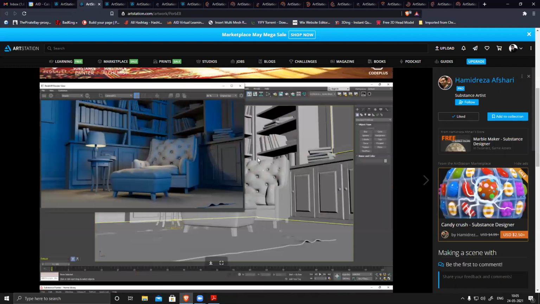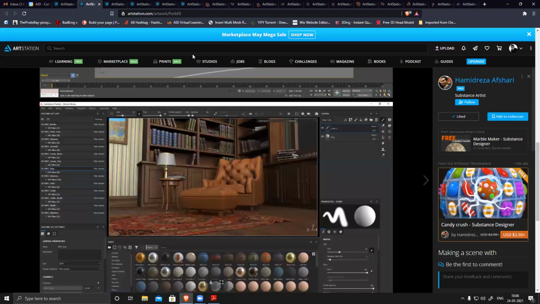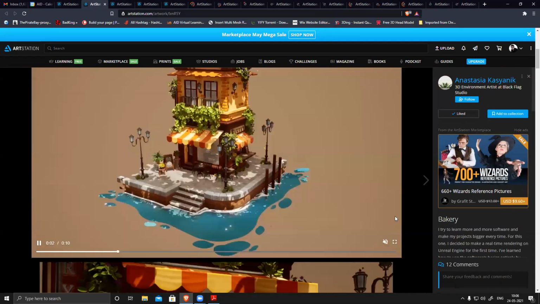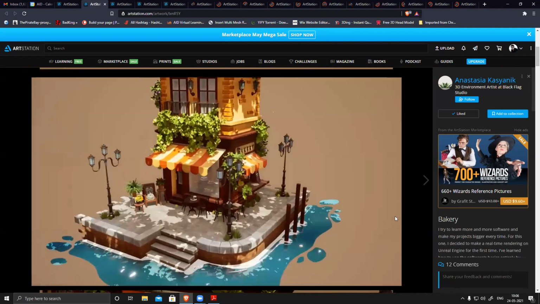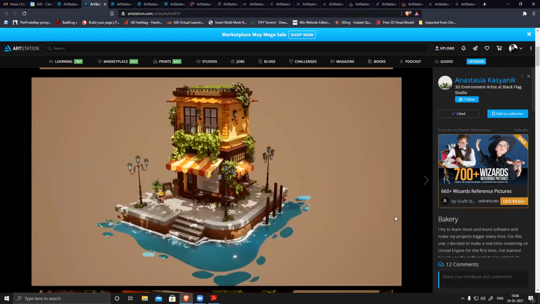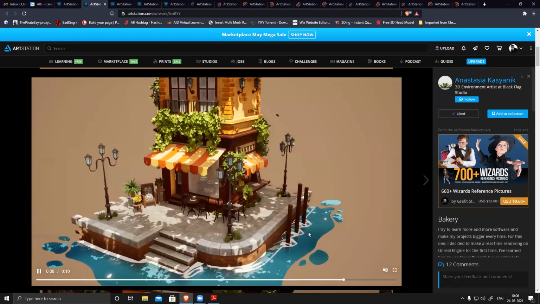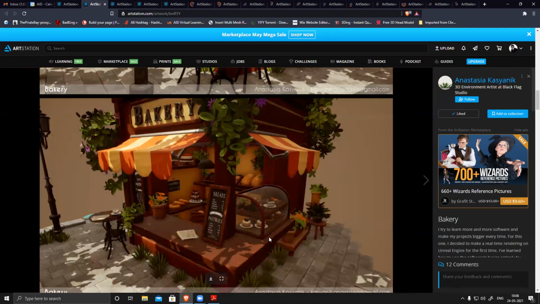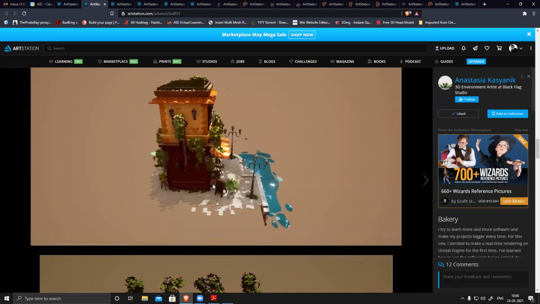Or maybe a small set. You can see it's a small scene, but it should look nice. This is a very small scene, it should be a little bigger than this. This kind of stuff you can do. You can see it looks pretty nice. We'll create water, everything. It's a small bakery. You can see it at 360 degrees, from all the angles. Something like this would be really appropriate for environment work.